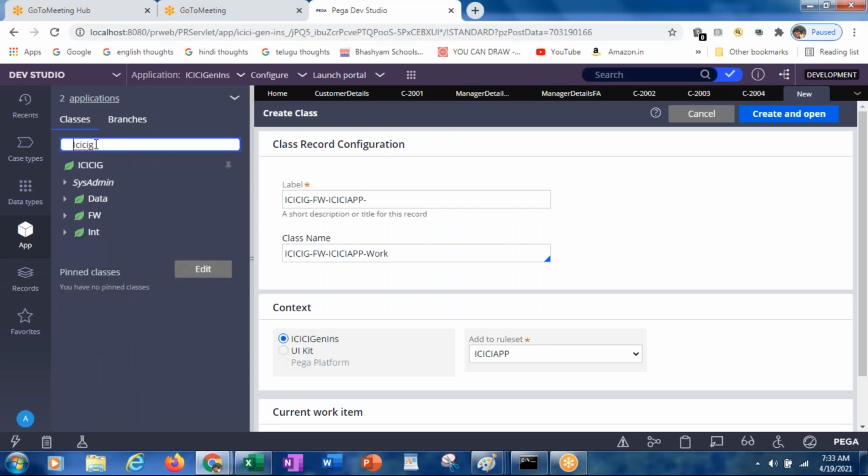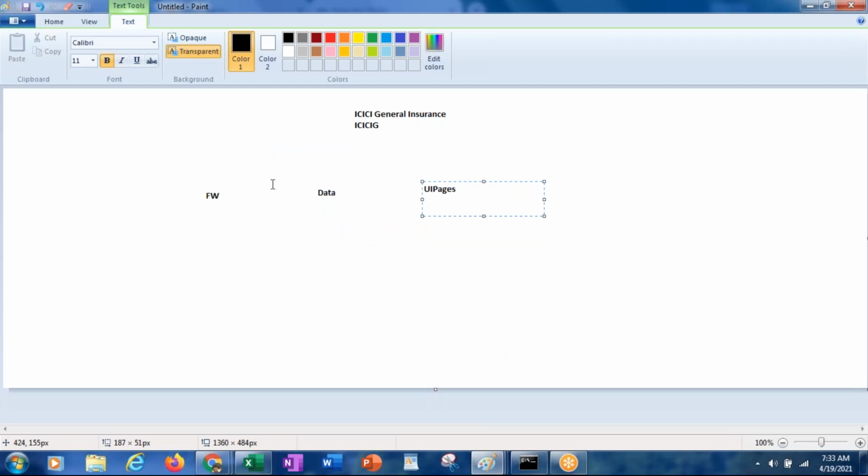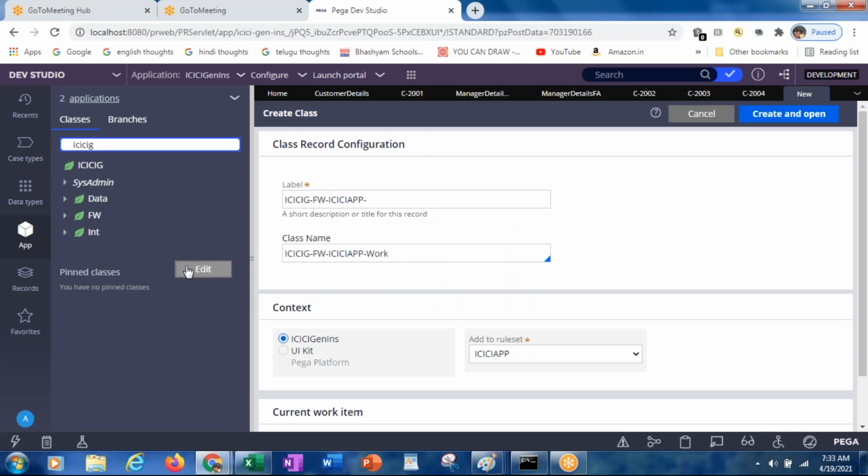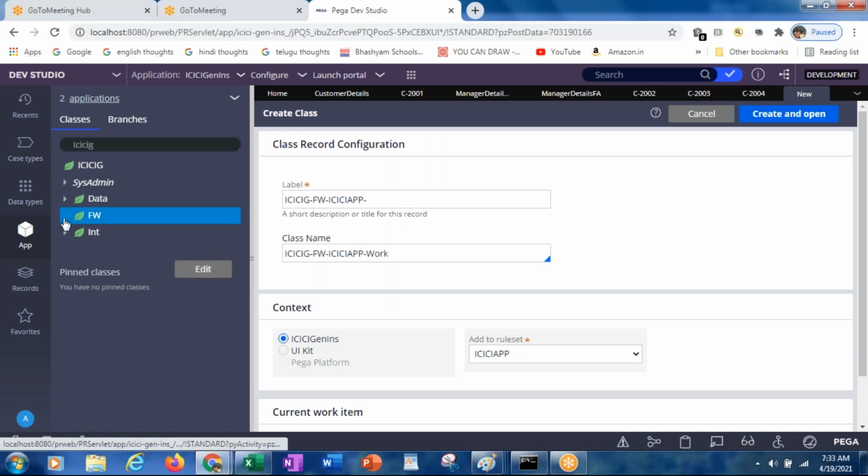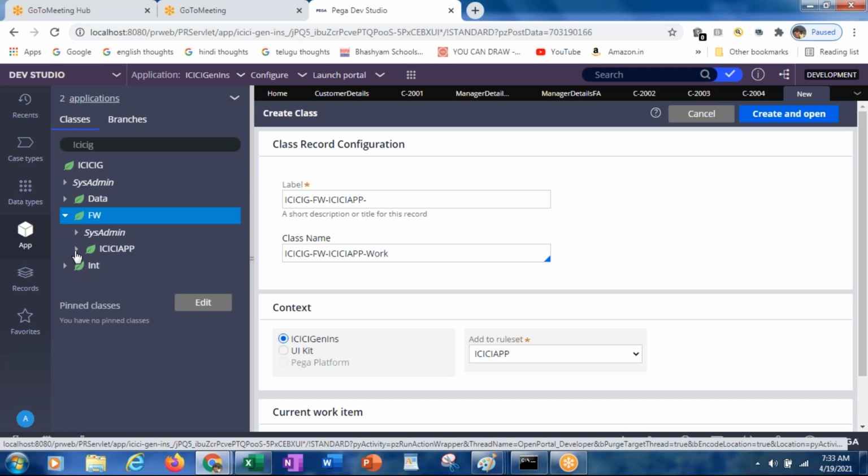Okay, do we have anything else? Data, FW, INT. You see, under the ICICI, 3 child classes are available: data, FW, INT. Okay, these are the 3 subclasses available. Okay, under the FW, what are the subclasses available?